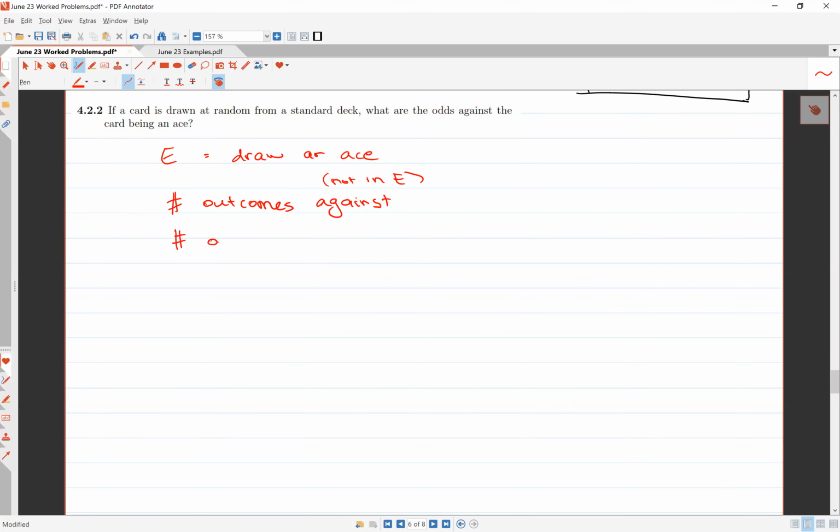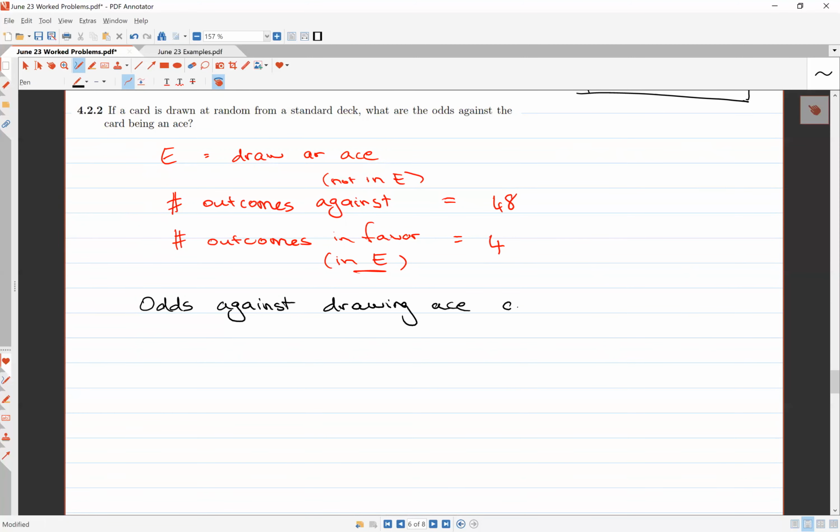And we want to count how many of the outcomes are in favor. In other words, how many of them are in E. So how many cards are aces? Those are the ones in E. There would be 4 of them. How many cards are left? 48 cards. So we would say here, the odds against drawing an ace are